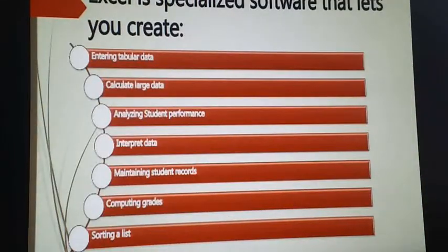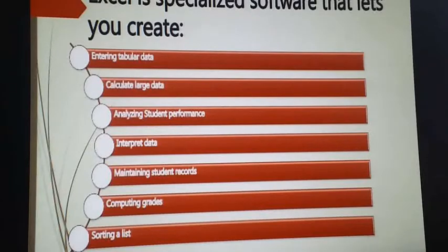So now we'll see, Excel is a specialized software that lets you create and enter tabular data. We can make a tabular form of data. We can make tables, calculate large amounts of data, analyze student performance, interpret data, and maintain student records.